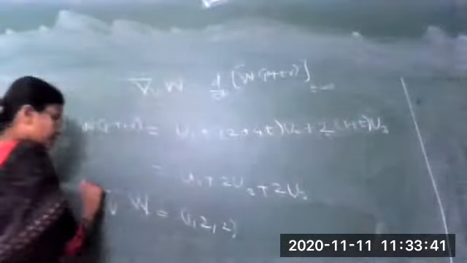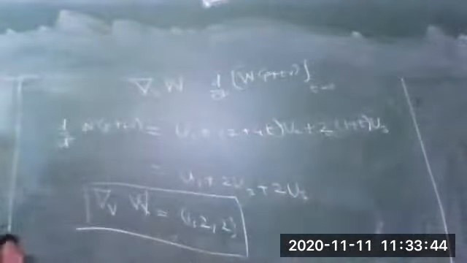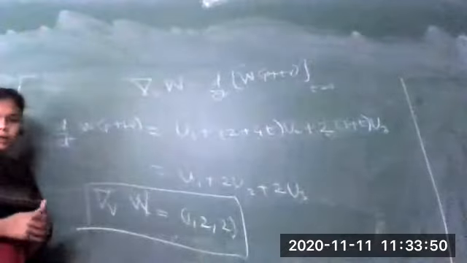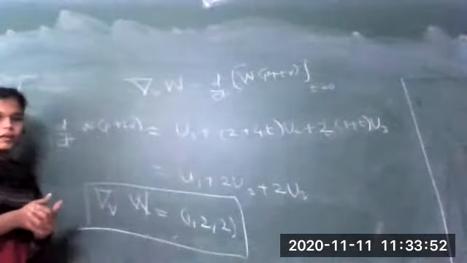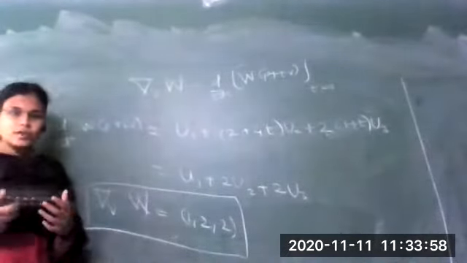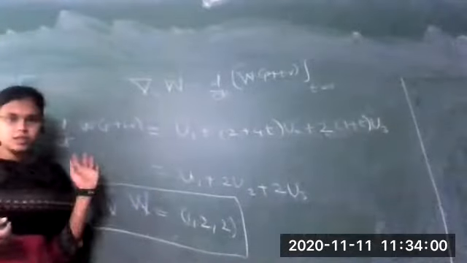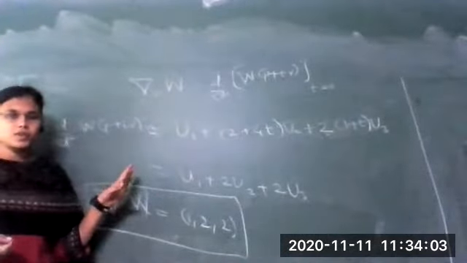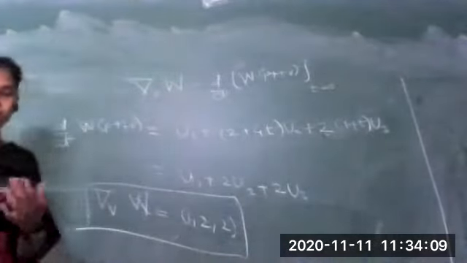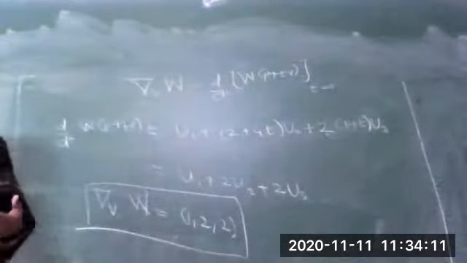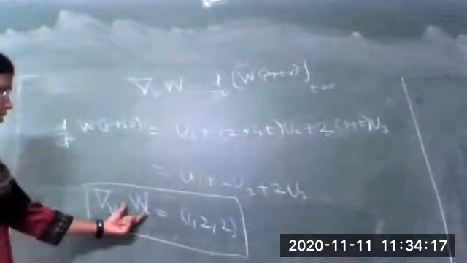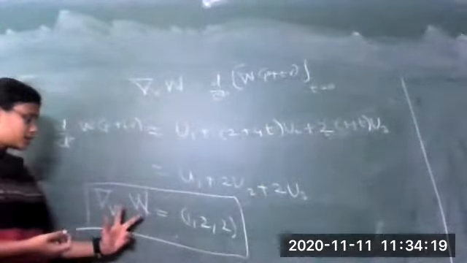But what will be the interpretation of this? If you go back, we have solved some examples of a directional derivative of a function f. At that time I told you what the interpretation of that would be. If you change the point P or V, there will be a corresponding change. If the directional derivative of some function is equal to 0, that means that function will be constant. But related to that point P and V, if you change P and V, there will be a change.